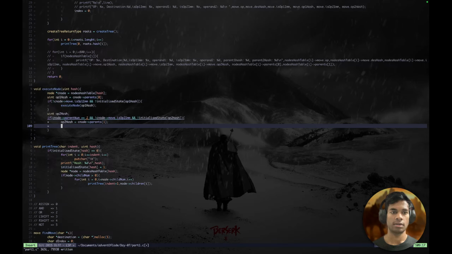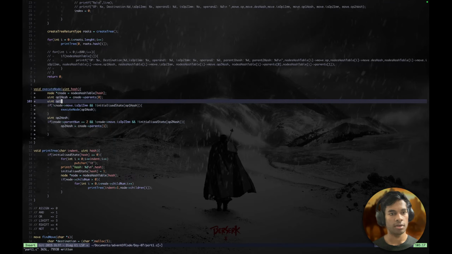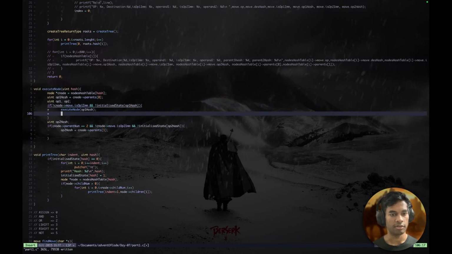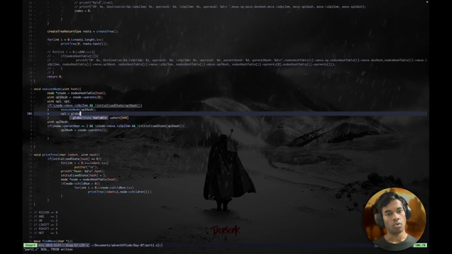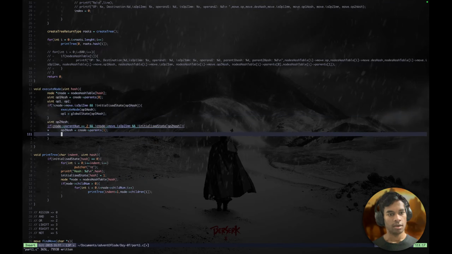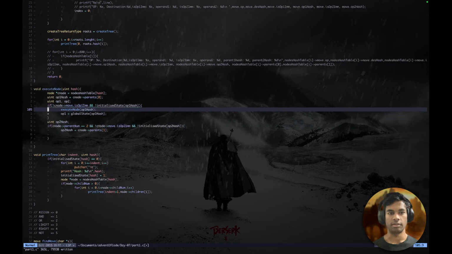And let me initialize uint op1 and op2. After this I'll just get op1's value, that is op1 equals global state hash op1 hash, and in here if it is not immediate, what if it is immediate? And if it is immediate, then I will just